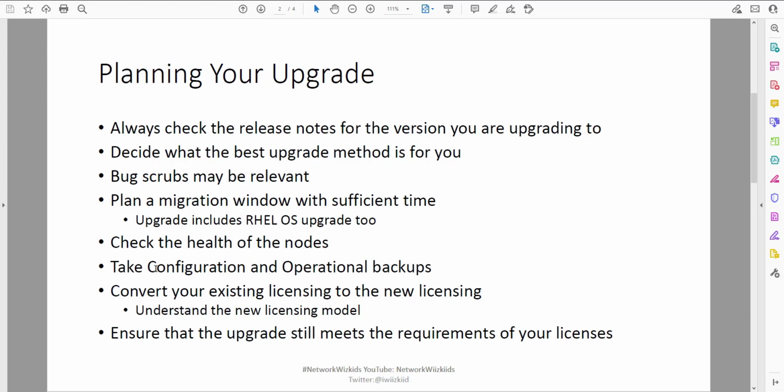So if you have, say for instance, profiling, if you use profiling, if you use TACACS, if you use, let's say, posture, you can reach out to Cisco, engage with Cisco, get a bug scrub done, and again, like I say, it'll point out all the open bugs in relation to the features that you're using in your deployment, and then you can really analyze